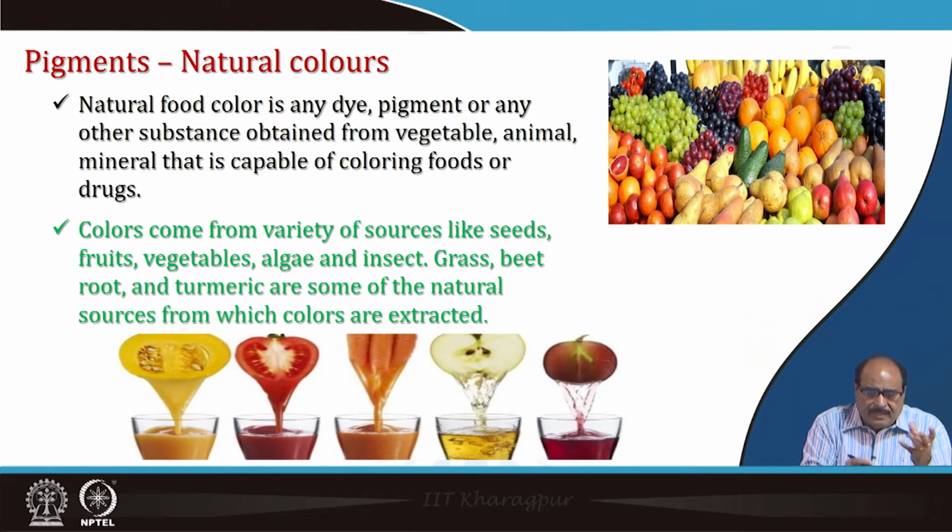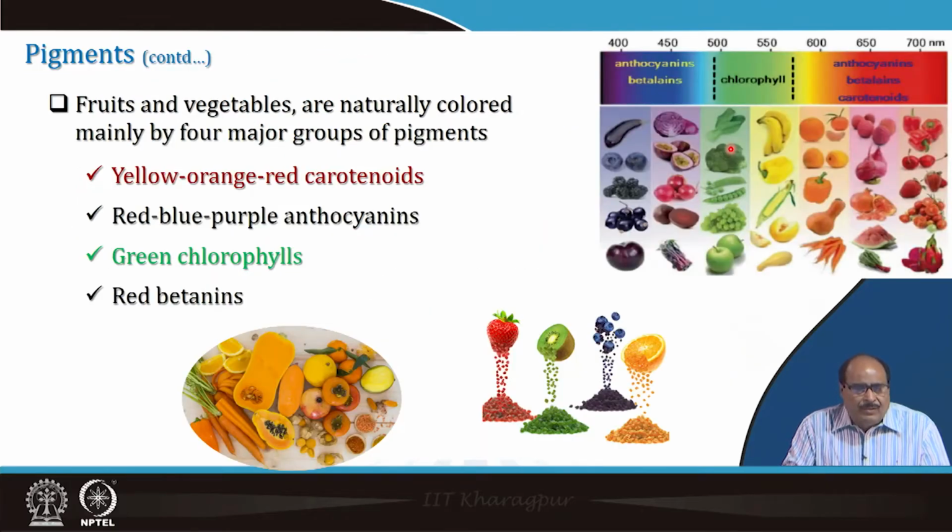In various parts, either seed can be taken, in some fruit pulp can be taken, peel can be taken, and the color can be extracted from these components. So, the fruits and vegetables contain natural colors in the form of 4 major groups of compounds. These are the yellow, orange, and red colors, carotenoids; red, blue, purple anthocyanins; green chlorophylls; and